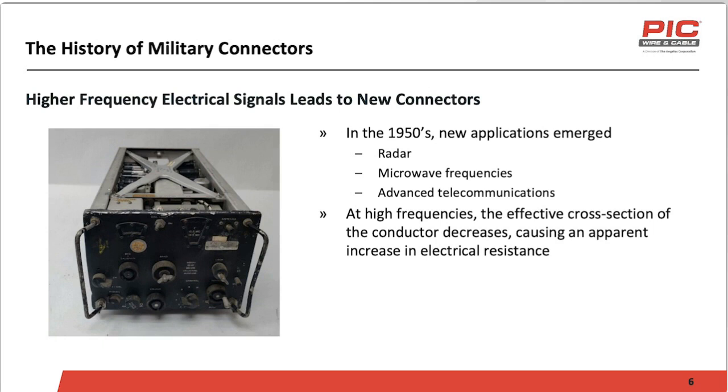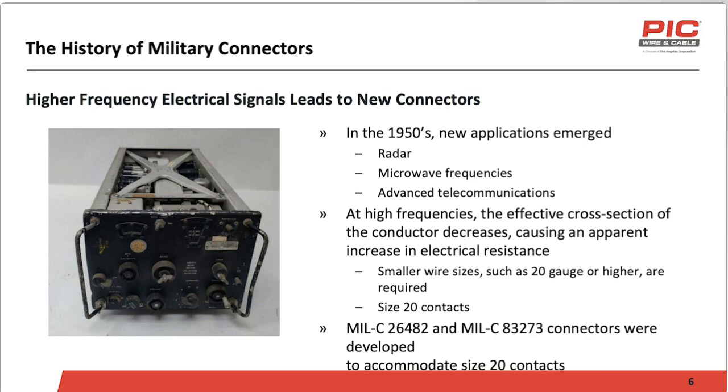At high frequencies, the effective cross-section of the conductor decreases, causing an apparent increase in electrical resistance. In order to transmit these higher frequencies, size 20 contact and lower wire gauges were needed. With this in mind, the MIL-C-26482 and MIL-C-83723 were developed in the 1950s to accommodate size 20 contacts, which supported power applications and robust transmission of higher